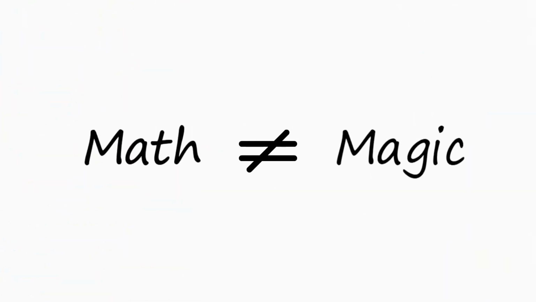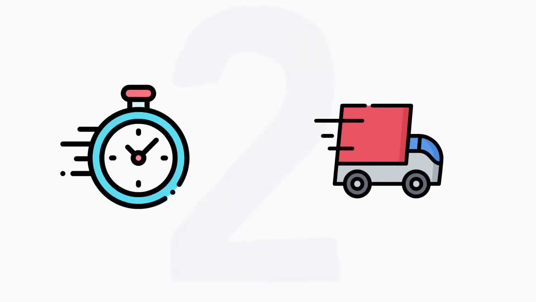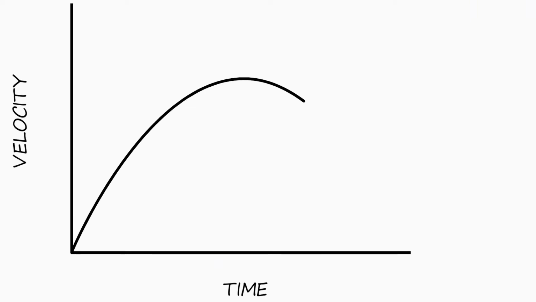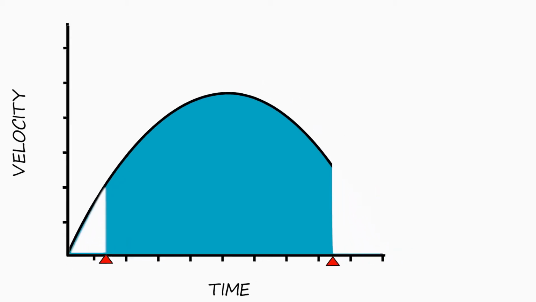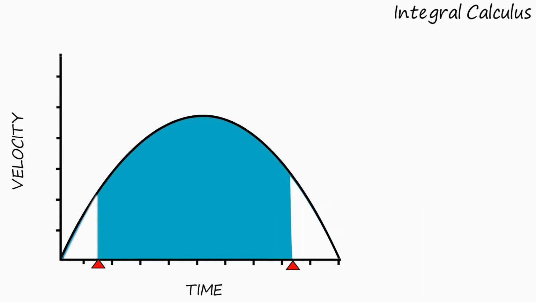You do need enough data to get the answer you want. So for example, to find the total distance traveled by the car in some amount of time would require two very important pieces of information: the total amount of time taken to complete the journey and velocity of the car throughout that interval of time. And with these two pieces of information, we can find out the distance traveled by the car from any starting point to any ending point. And the method which we are going to use to find this answer is integral calculus.